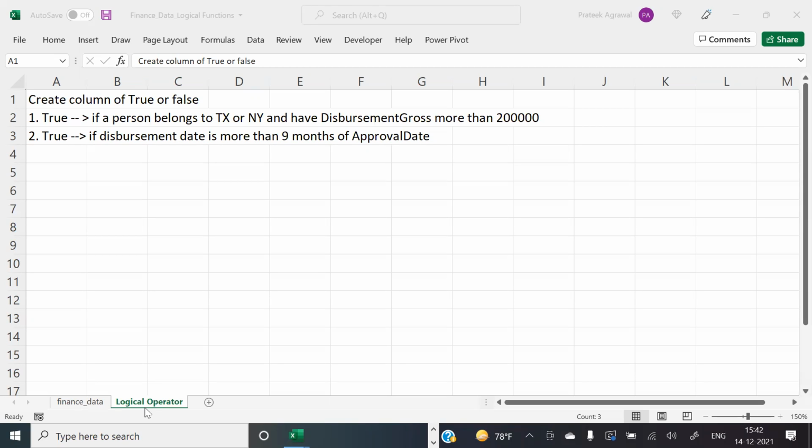Girish, your closing brackets are wrong. Pratibha, I hope you understood. You don't need an OR. Girish, what you've done is AND OR D2 equal to NY and you close the bracket. If you close the bracket, your OR function has only one logical test in it. So like I said, it's very important to understand where you're closing the bracket. So remove that bracket after NY. Ishani, I removed it and now I got it. Now it's correct.